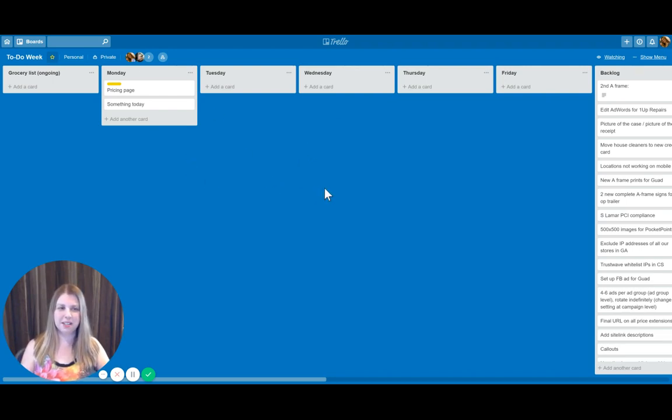A lot of times I schedule 2 to 3 big items per day, like a pricing page. Yeah, so 3 of those items in a day is more than enough. I would probably get done 2 in a couple of easy 15-minute tasks. Don't be afraid, by the way, to put little tasks in there if they take like 15 to 20 minutes. I don't put 5-minute tasks in. I try to just do them unless I can't do them right now, and then I will add them to Trello. But if it's a 15-minute task, I like to add those in there and add the 15-minute tag to it,